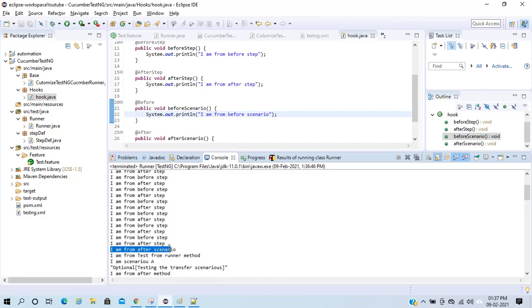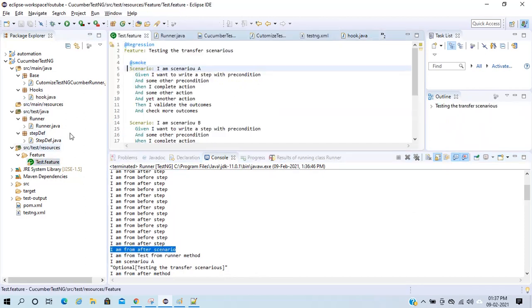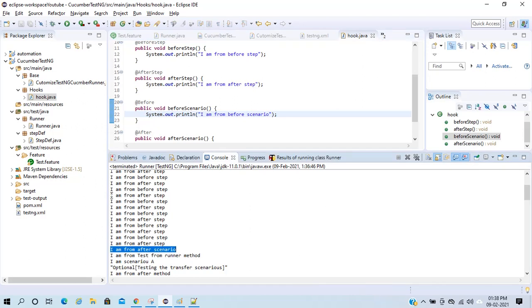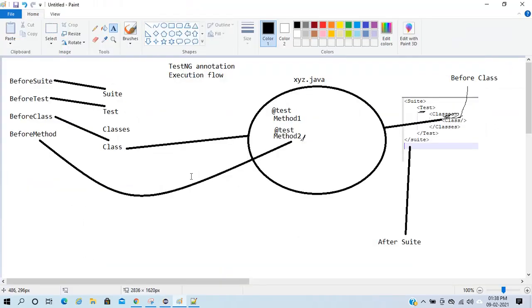Before executing any step, like Given, When, Then, it will give a call to my before step. Previously it was not there, but in the latest Cucumber you can see before step as well. So before executing any step, it's giving me the step name. So that's all about the execution.